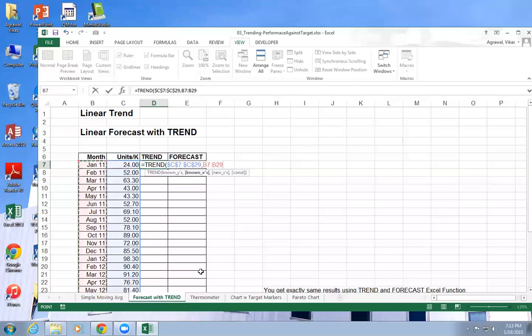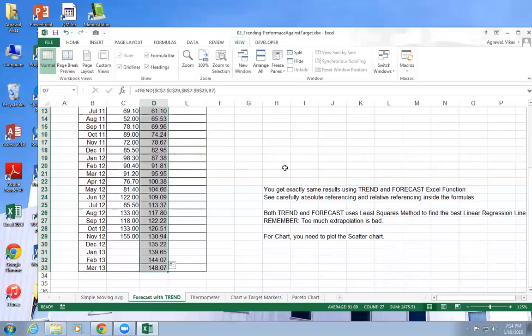I'm gonna press F4 here, and for my new x value, I'm just gonna click on this one, B7. I'm not making that one absolute, because that has to keep changing to get the trend. Are you guys with me? So what is B7? That's the point that's gonna be plotted on the line. It's gonna learn from the known values and accordingly find the best fit line and plot those values there. So if you hit enter here,